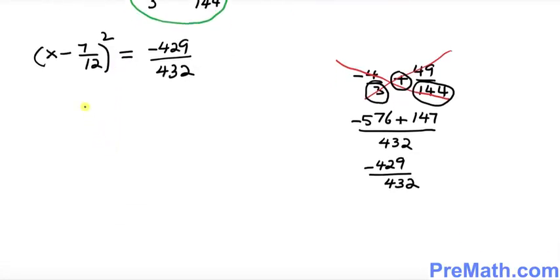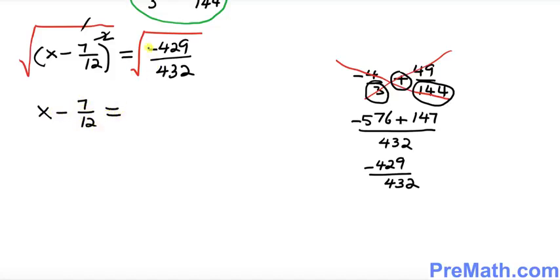So the next thing we're going to do is get rid of this square. How can you undo this square? By taking a square root. So I'm going to take the square root on both sides. What happened? The square and square root undo each other. We are left with simply x minus 7 over